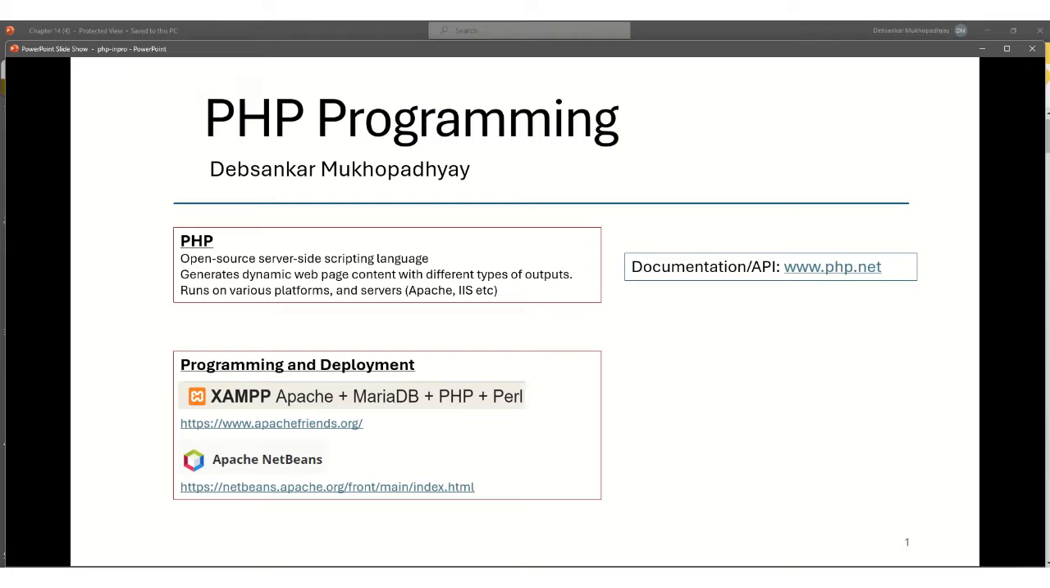PHP, which stands for PHP Hypertext Preprocessor. This is an open source scripting language. This programming language works on the server side. The advantage of using PHP is that it can help you to generate dynamic web content with very speedy development